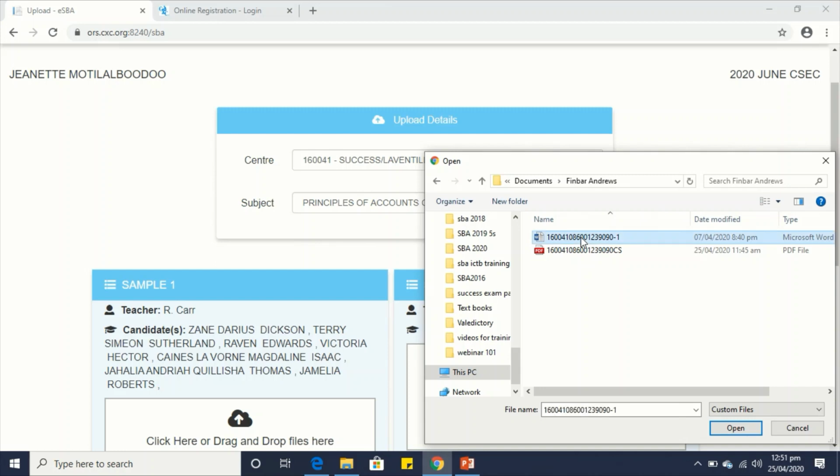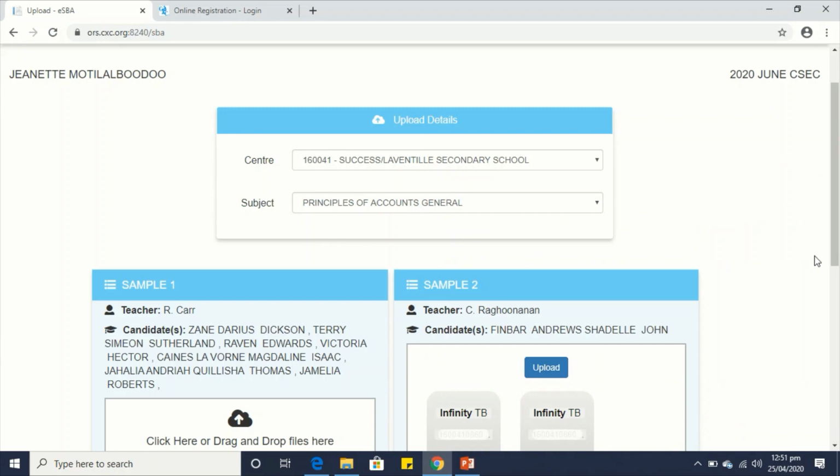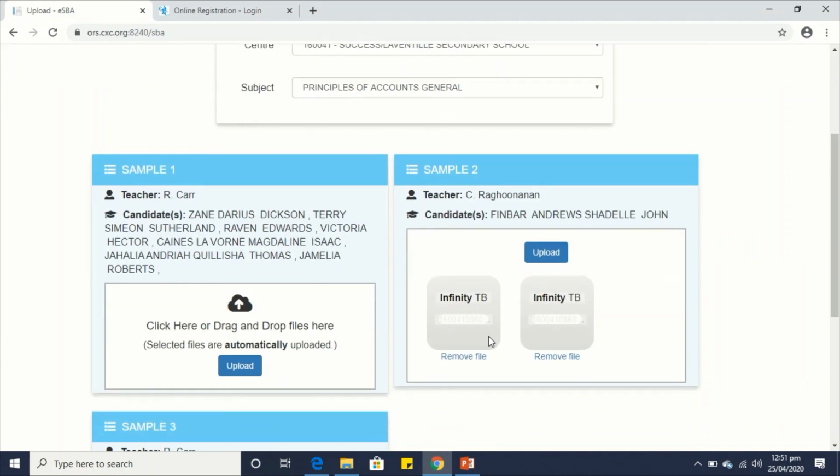So I'm going to select my file. Right? Now you could select one file at a time, or you could select more than one file. All you simply have to do is select the first file, hold down the shift key and select the other files that you want. Once you've done that, you select open. You'll see the two files there, and once you click upload,